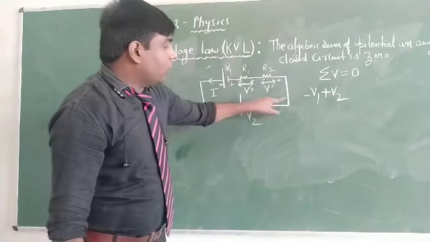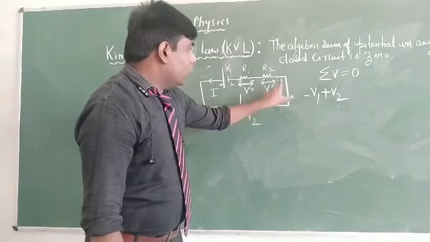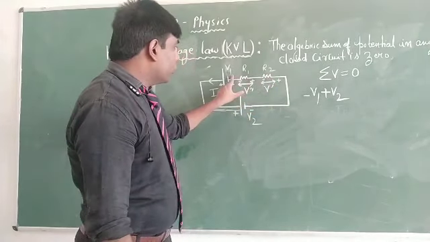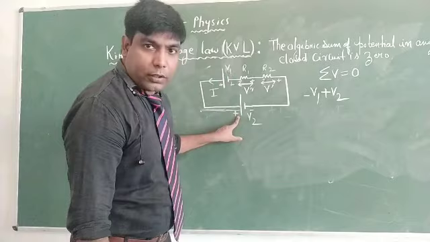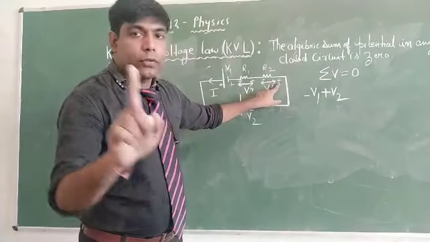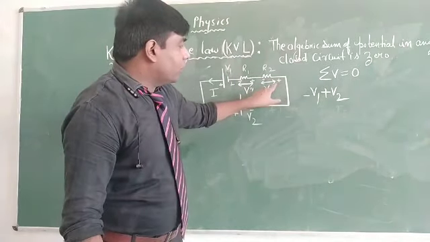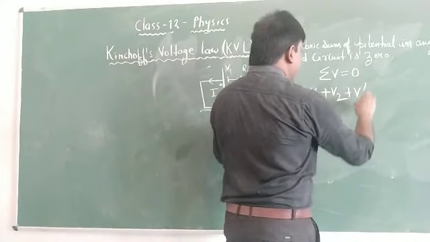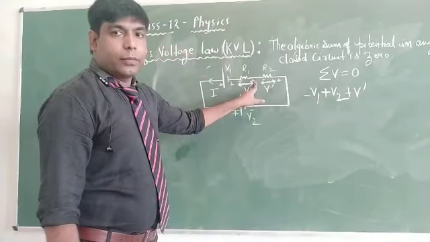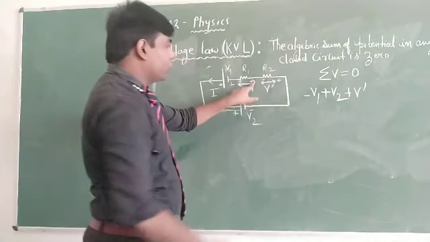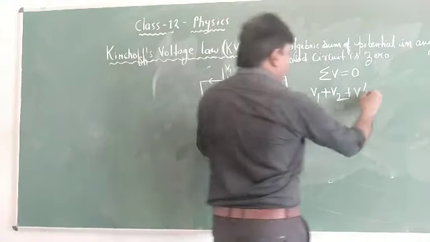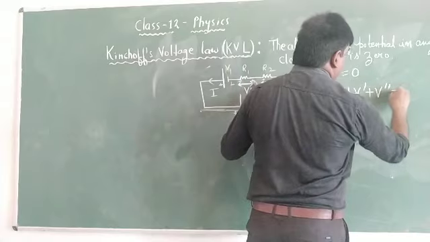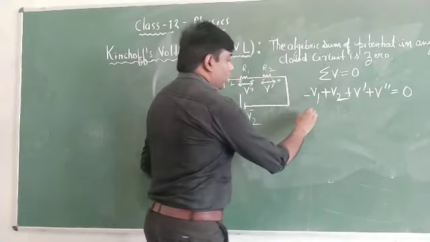Now see, again you will come this side, and current is coming this side, it will enter. So here also first terminal, here also first terminal. So here also you consider which one? First terminal. See, first terminal is what? V dash. Here also we have to take this first terminal because current will enter here. First terminal is what? Positive. That is plus V double dash must be equal to what? 0.